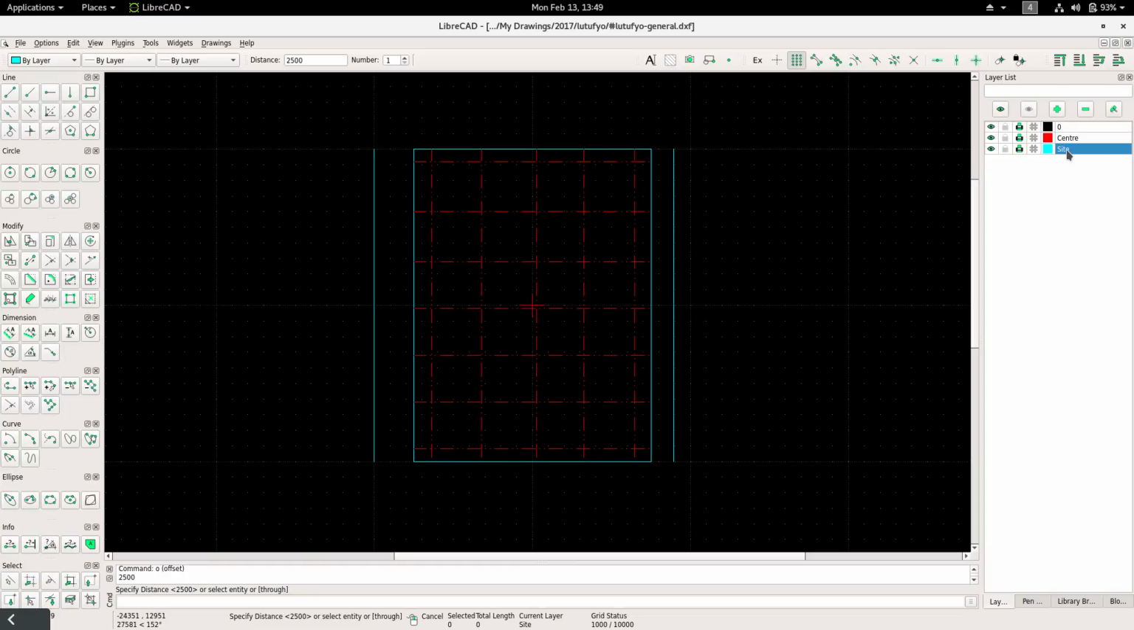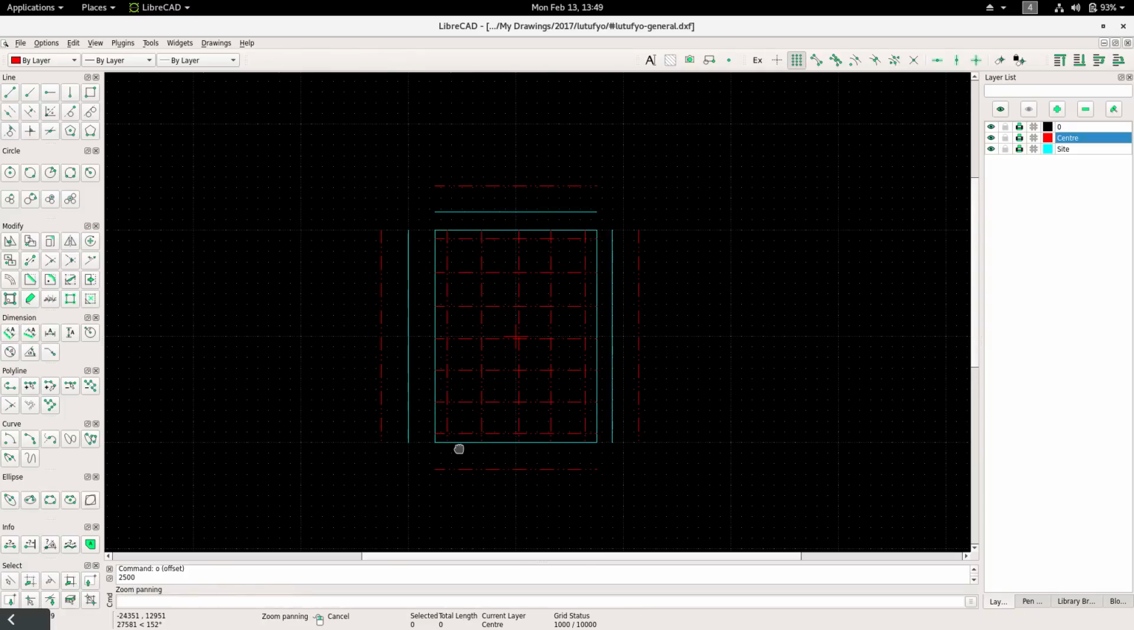Now this layer is active, so everything that I offset will go to that layer. If I go to center line, then any line that I offset will go directly to that layer. That's how I set it, so that I can transfer lines from one layer to another layer without any difficulties. You see? So this is the way I prefer, and this Librecad that I'm using